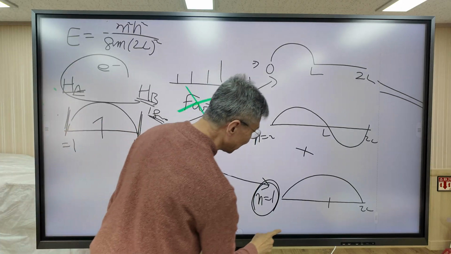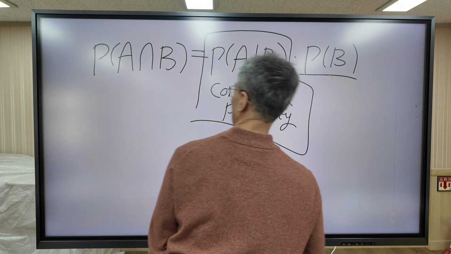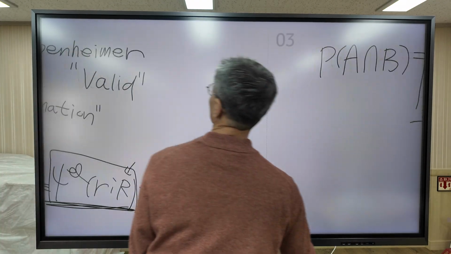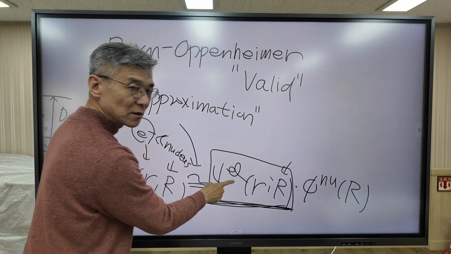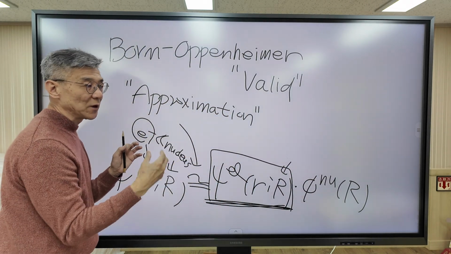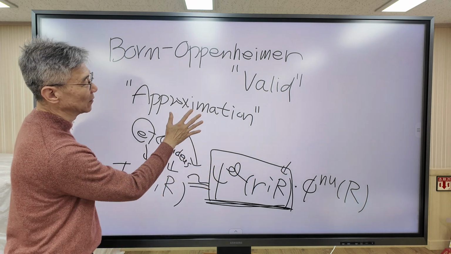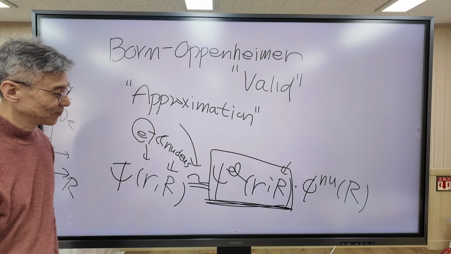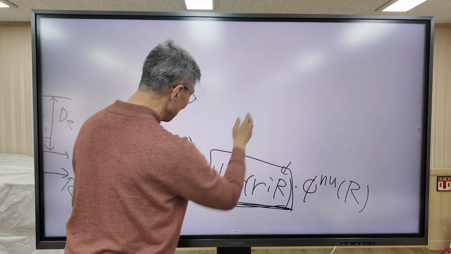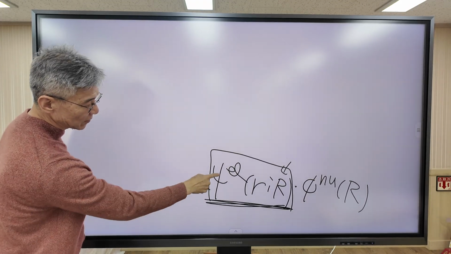So in real molecule, this expression is valid because nucleus moves very, very slowly. We can define energy every time. So this approximation is valid for our molecular system. Okay, now, so we are going to use this approximation. So now we are going to focus on this molecular orbital.